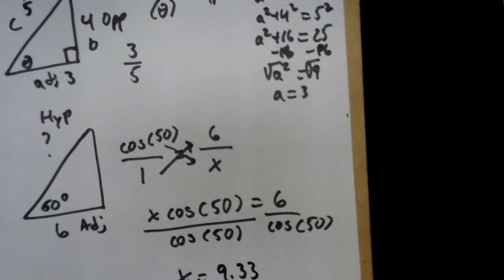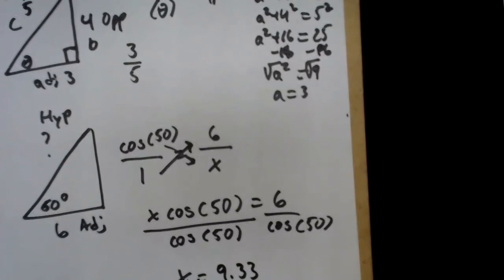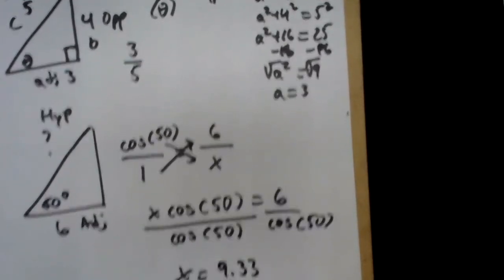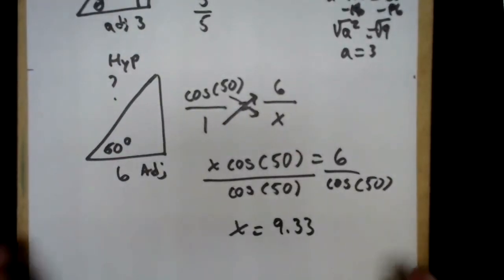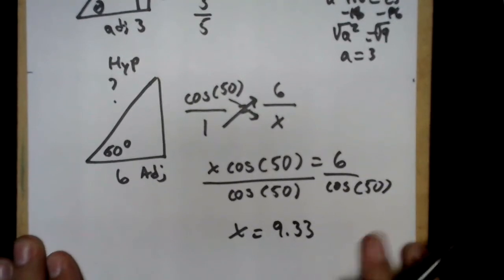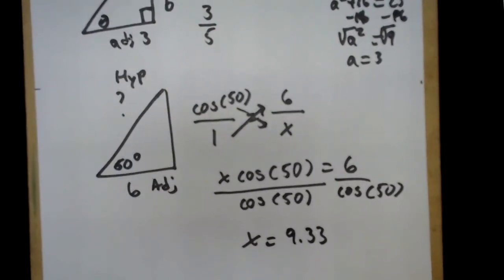I'll round to 2 places, so this will be your hypotenuse, which makes sense comparatively because your hypotenuse is always bigger, so we know it's right. If you really want to check it, you can